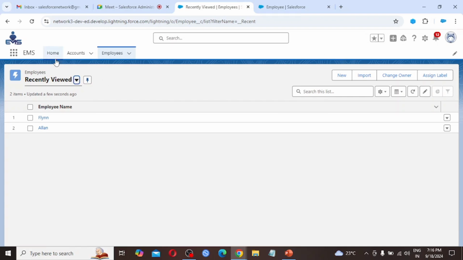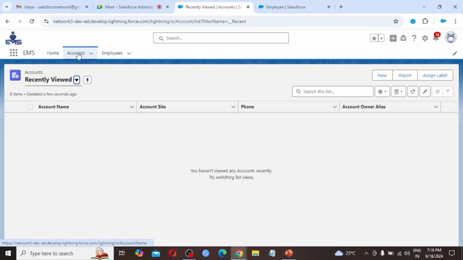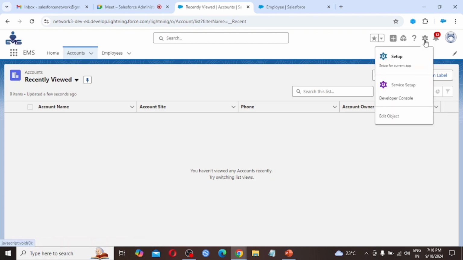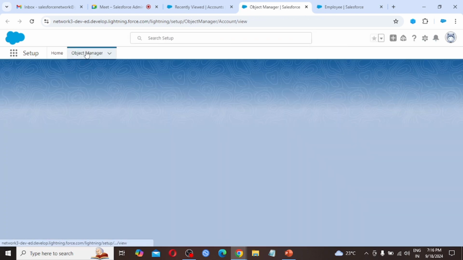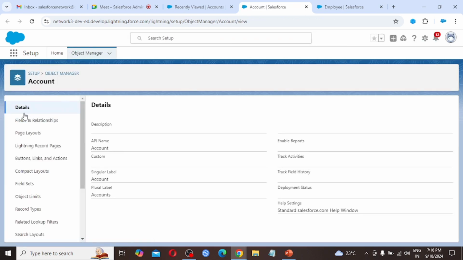Let's see that. Clicking on account, from here also we can redirect to the details of this particular account. Click on edit object. It will open the same page, the object manager, where we get the account details. So here, fields and relationships.